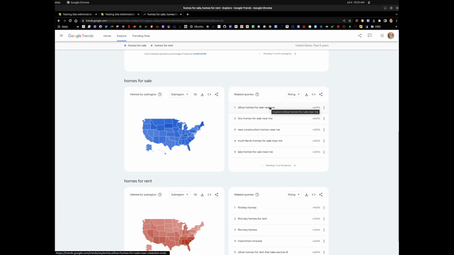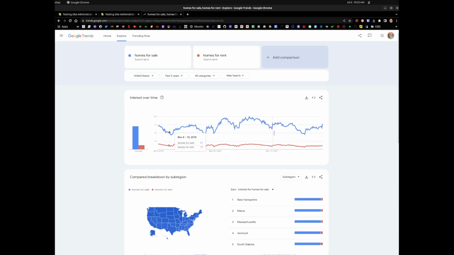So they were targeting Zillow, so Zillow would tell them, hey, what homes are for sale near me, or tiny homes, or new constructions, or multifamily, or whatever, like homes. Nice. And you can see, by the way, the growth. This growth is based on what? If you've been following, then you know that we're talking 5 years.